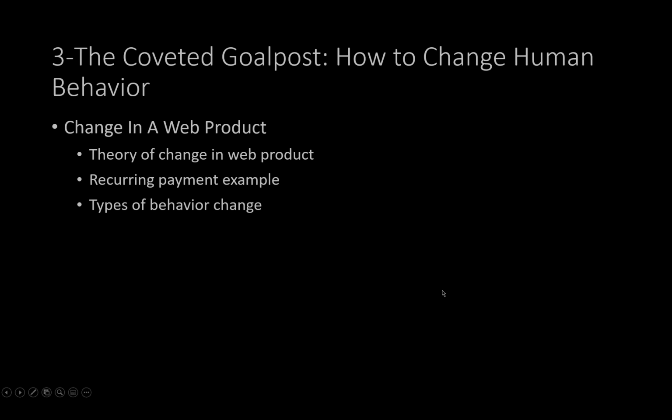Now let's talk about change in the web product. Before we do that, let's explain some theory of change in web product. So we know that web product can support small or large behavior change. And these changes can be explained by using Fogg's theory. It basically says that human beings are lazy,